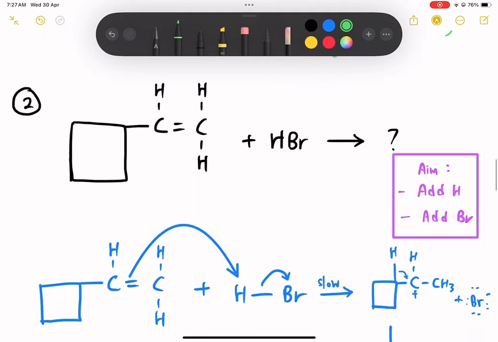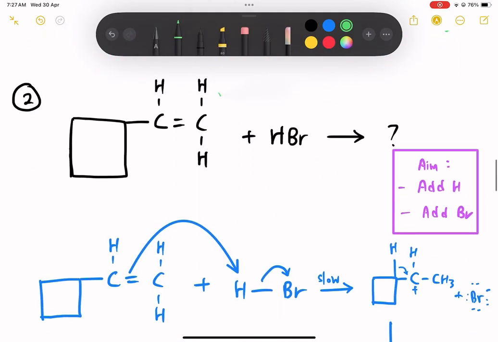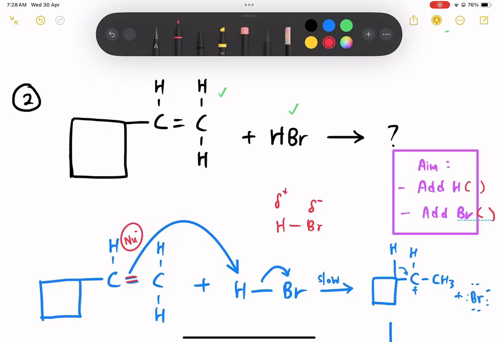Next, let us look at the second example, where you have this compound react with HBr. What will it form? Always remember our aim, which is first add the electrophile, which is H, followed by halogen. For this case is Br. First of all, HBr, this is a partially negative atom, this is a partially positive atom. And for this one, there is a double bond, which means that this is a nucleophile because this is electron rich. The negative pi electron on alkene is going to be a nucleophile, and this